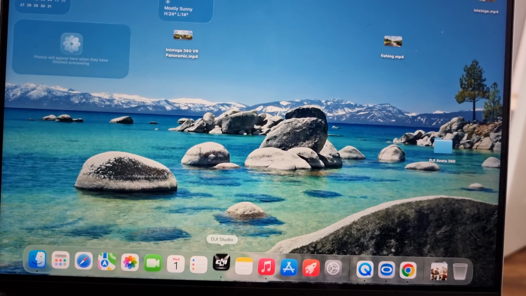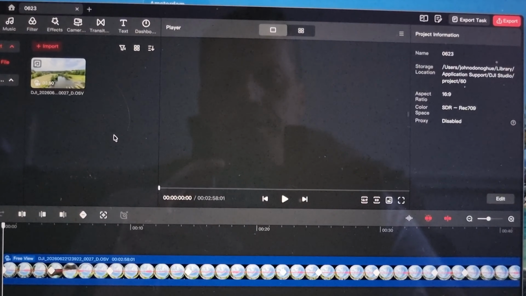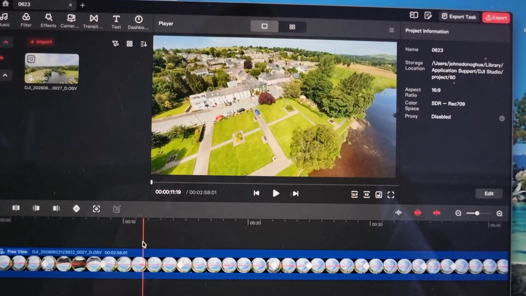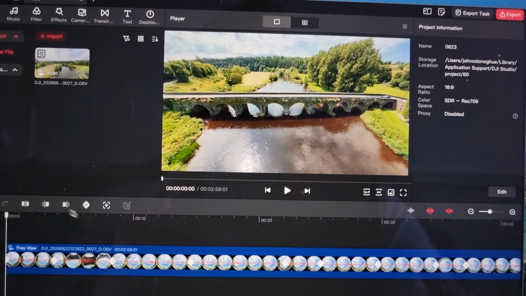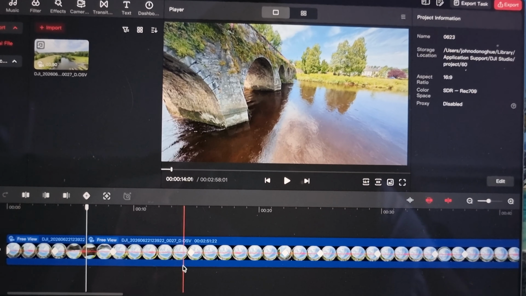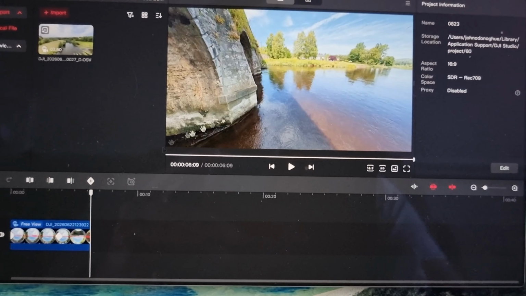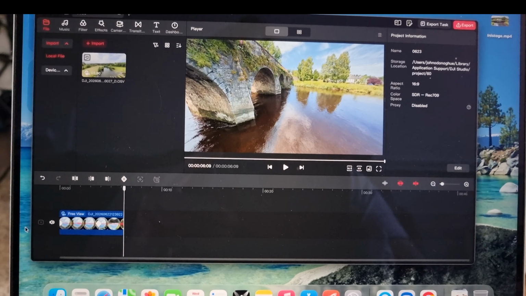First of all, open Studio app. Example, here is a video. I'm just going to shorten this down because I don't want to take forever doing it. So let's see here, clip here, remove this, delete this clip. So when you have a video ready to go